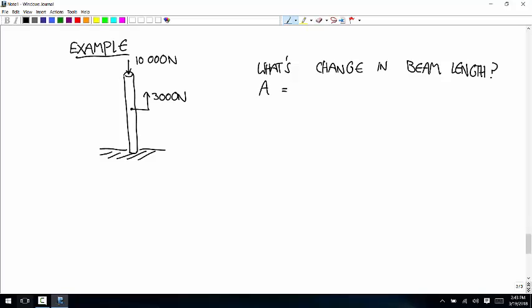So we'll say the cross-sectional area is 0.01 meters squared. And E is 200 times 10 to the 9 pascals, so that's steel. And for some reason I'm giving Poisson's ratio here. Maybe I was asking for strain or something. Leave that out. Okay, so